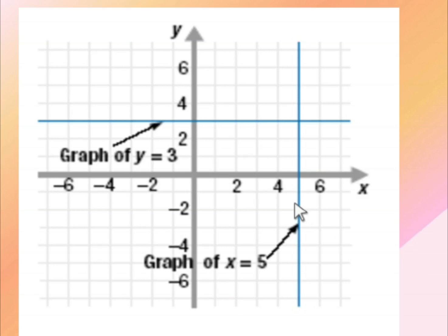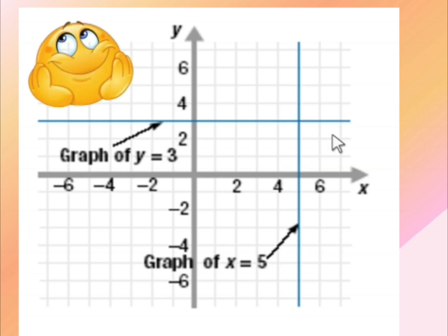Now, same thing. Here just see the graph of the line y is equal to 3, and this is the graph of the line x is equal to 5. Where they meet, this place, is very interesting: where they meet is also the solution. So the solution of this is x is equal to 5, y is equal to 3. This point is (5, 3).